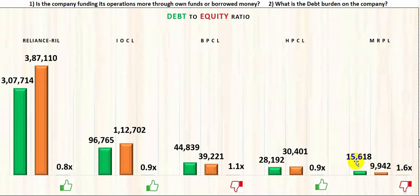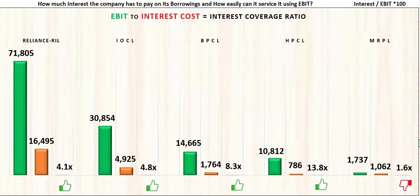That is, its debt to equity ratio was 1.6 times, and therefore its coverage has fallen below 4 times. It had earned a profit of 1,737 CR of EBIT, against which it paid an interest cost of 1,062. That is, its EBIT was just enough to pay its finance cost of 2019, and the balance goes into the